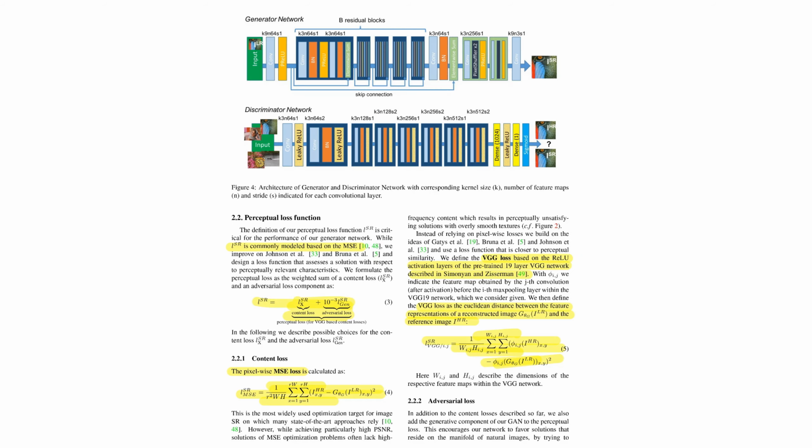Okay, now let's move to the perceptual loss function. The perceptual loss function is made up of two losses. First is the content loss, and then the adversarial loss. In the content loss, a popular way to measure the quality of image super-resolution is using the pixel-wise mean-squared error